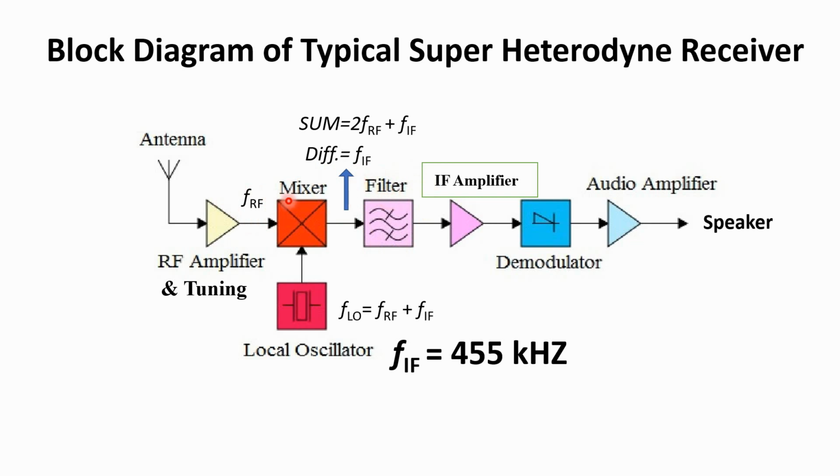So here the concept is, for any received frequency, because you know we cannot restrict the antenna to receive only one frequency, right? But we can restrict it over here by setting the difference frequency equal to FIF only, right? So for any received signal, we need to set FLO, the local oscillator frequency, in such a way that the difference frequency must be FIF, right? And hence the rest of the design would now be compatible with this frequency FIF.